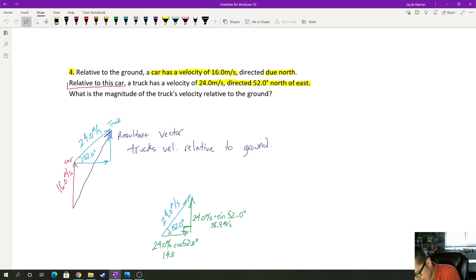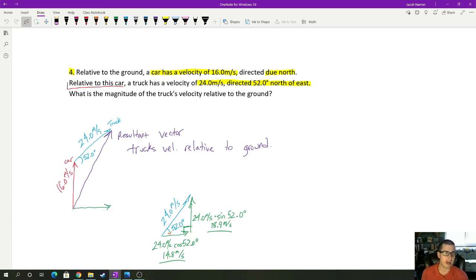I know a lot of math classes ask you guys to do it in radians. We really need to be in degrees. So there you go, I got my two sides. Now, the reason this is important is, remember, we had to find components from this hypotenuse, but in order to find that resultant vector over there, we need to have the components that make that up. So for instance, this 14.8, that is the only